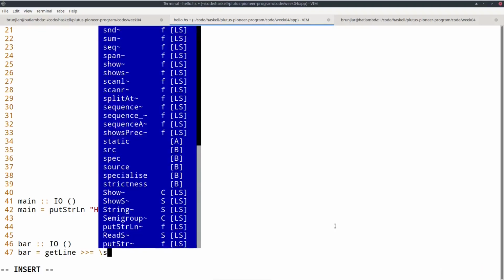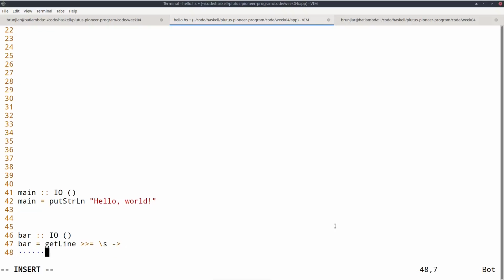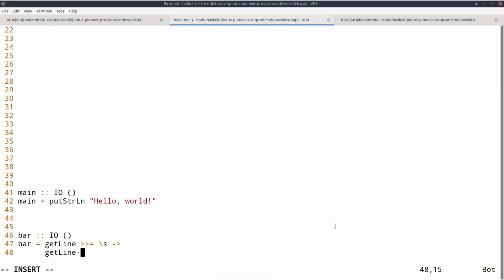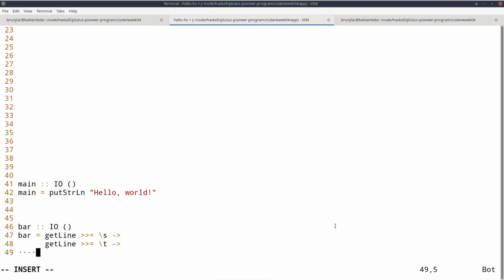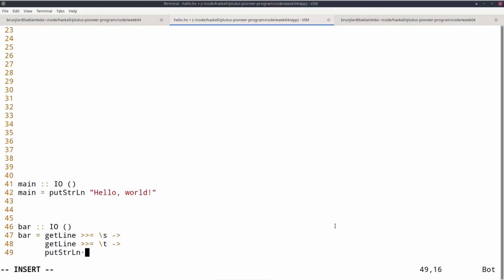So I call the first element read s, and now I format it a bit special, but in Haskell you have a lot of freedom when you format your code. So now I bind this to a second getLine, and now I bind a third action. So let's call the result of this second getLine t. And now after I have this s and t, I do a putStrLn of s concatenated with t.